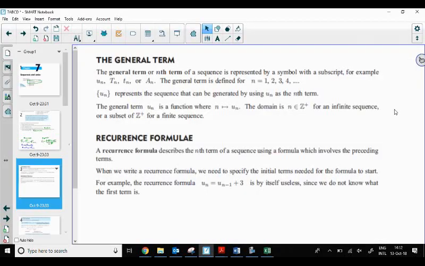I don't really have anything to add to this page, so just pause the video real quick and read this over. The note at the bottom is pretty important. You need to know what the first term or terms of a recurrence formula are for it to be of any use to you. And the last thing I'm going to say is that this is all well and good